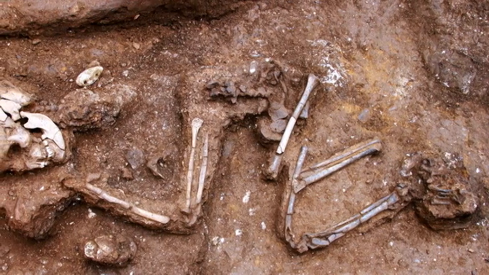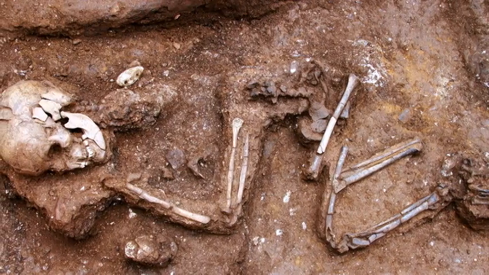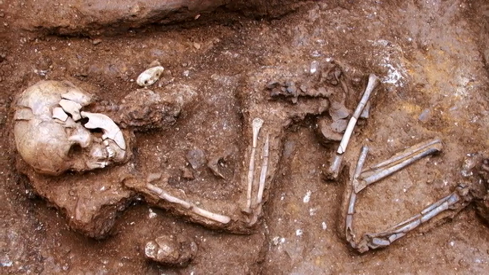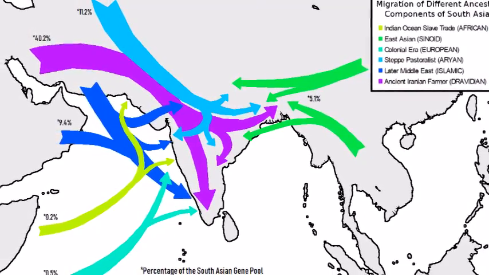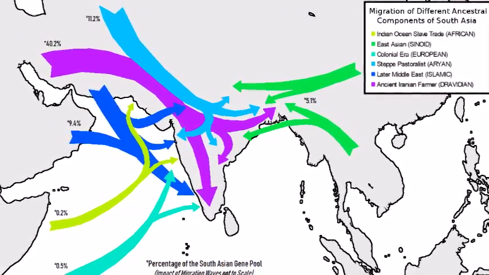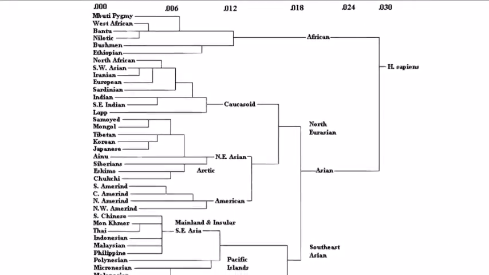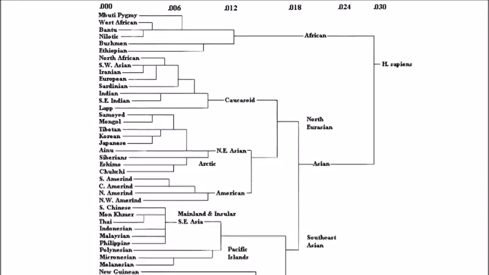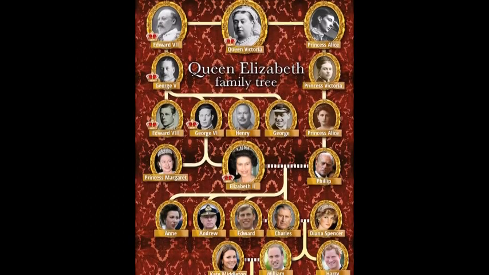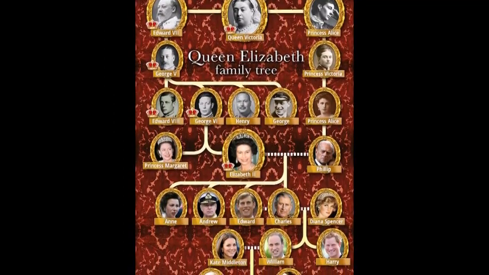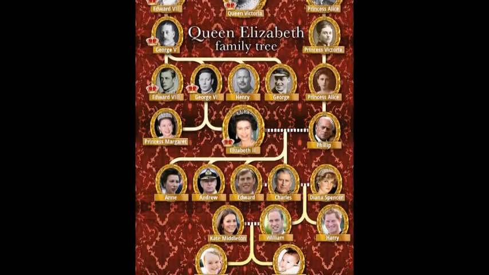Some migrations of people may not have left a lasting impact at all, and their influence has been washed away over the millennia, but others may have left their legacy in terms of language, culture, or religious beliefs that they left behind. But perhaps one of the most interesting is the concept of a lineage. A lineage is a line of descent from a particular ancestor, which in the majority of societies around the world is generally traced from a father to his children, meaning the sons will inherit the identity and legacy of their father, who inherited from their grandfather, and so on, although in some cultures it is traced from the mother to